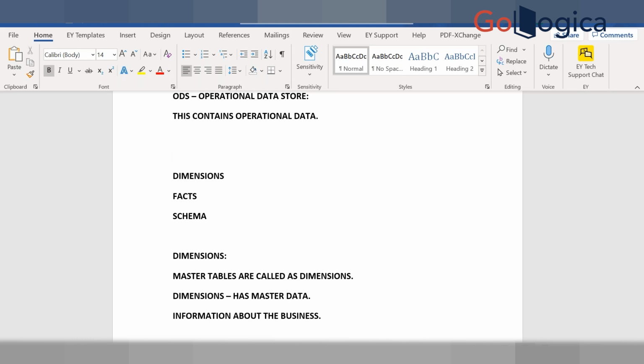Coming to, I don't know whether you know database or not. In database we have two types of tables. One is master table, one is child table, or detailed table. Master table is the one which has a primary key, which will not allow duplicates, and mainly gives the textual or descriptive information. Okay,